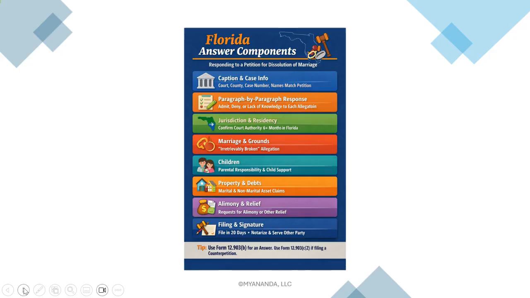There are forms. Again, we can rely heavily on forms in the Florida Rules of Civil Procedure, Florida Rules of Family Procedure, and 12.903B has the answer, 12.903C2. And again, this picture drawn by Copilot is very, very cool, but they have a hard time on Copilot properly citing to rules. But as we'll see in the next slide, 12.903C2 is a counter petition.